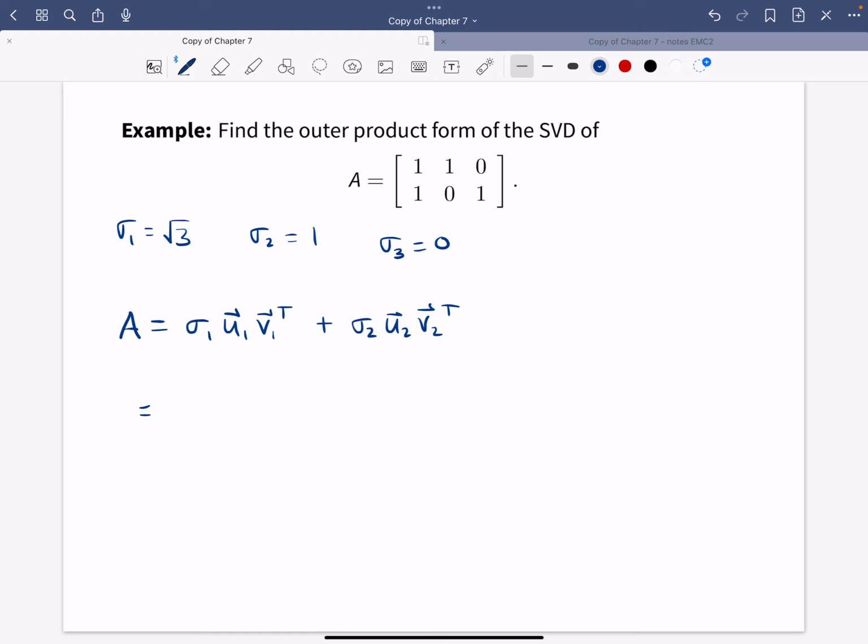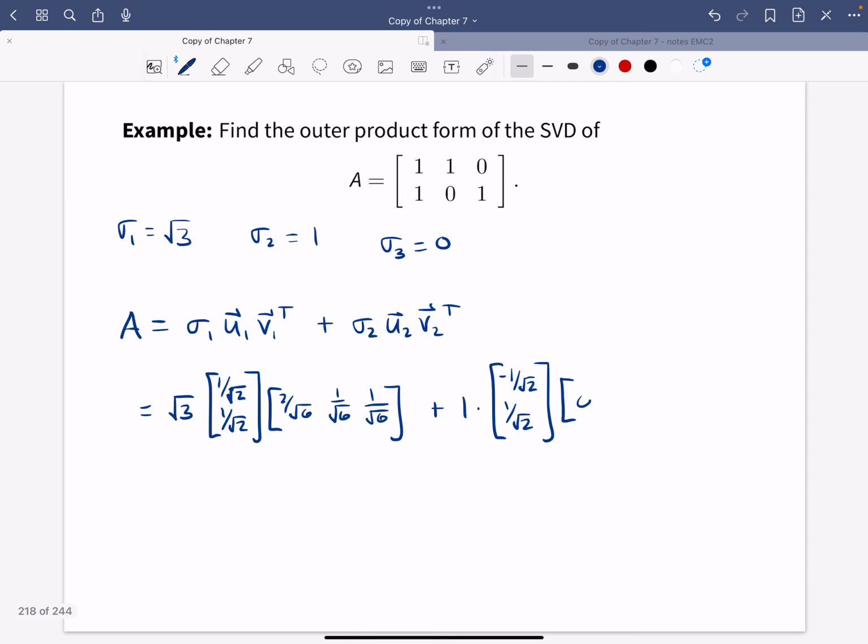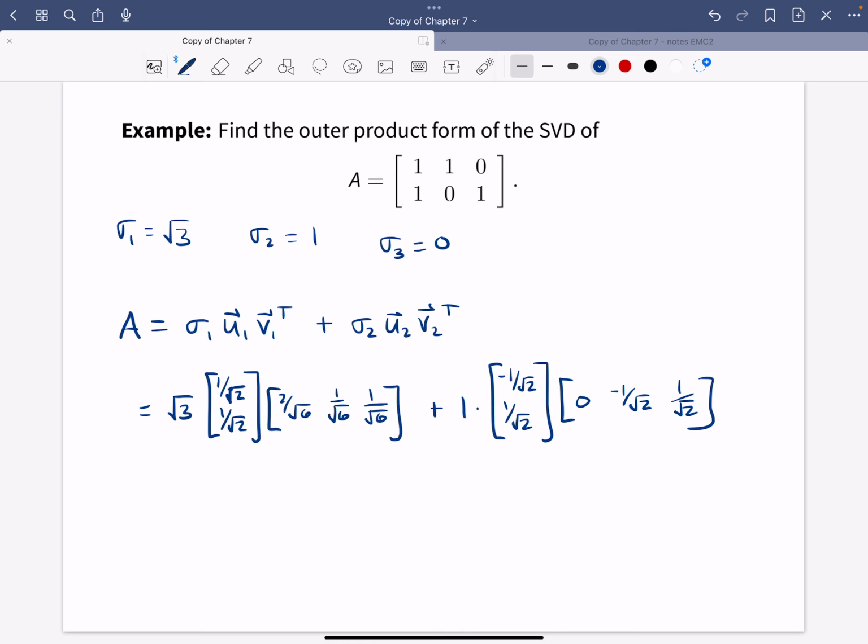If we plug in the things we found earlier, this is root 3 times u1, which is 1 over root 2, 1 over root 2, times v1 transpose, which is 2 over root 6, 1 over root 6, 1 over root 6, plus sigma 2, which is 1, times u2, which is negative 1 over root 2, 1 over root 2, times v2 transpose, which is 0, negative 1 over root 2, 1 over root 2. And when I multiply these out, I get root 3 times